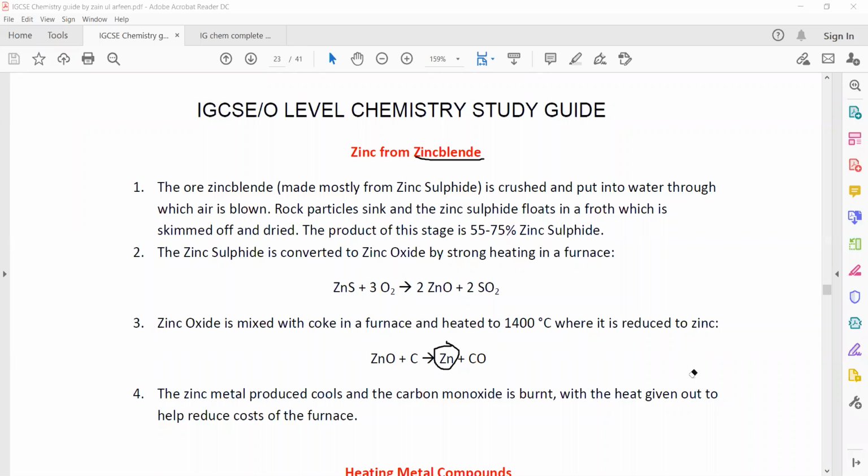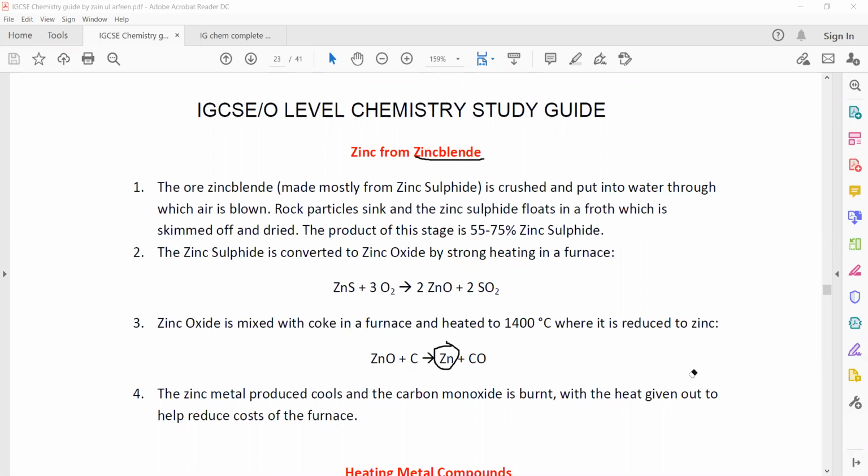Carbon monoxide is harmful because it can reduce the ability of blood to absorb oxygen. So carbon monoxide further reacts with oxygen. Plenty or excess of oxygen is used, so it will convert into carbon dioxide. Carbon dioxide is also harmful, but it causes